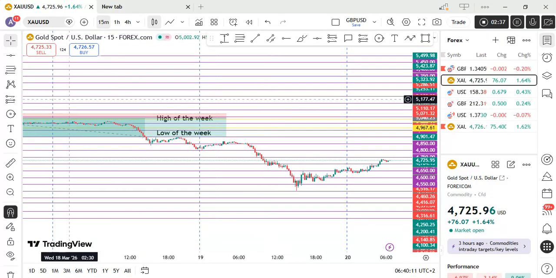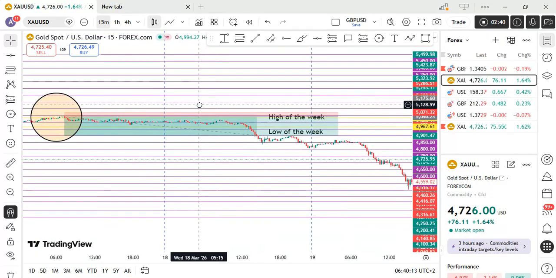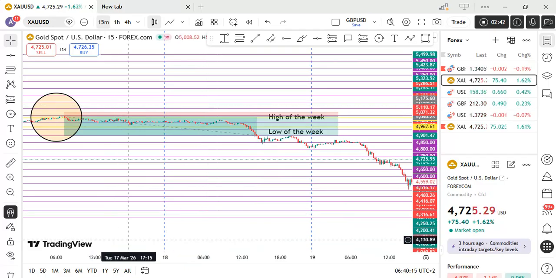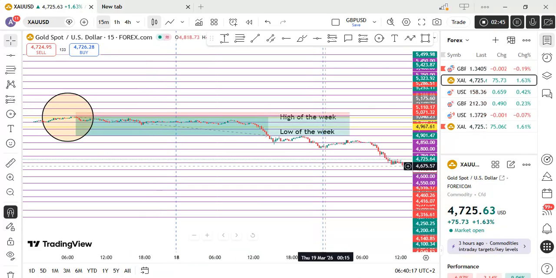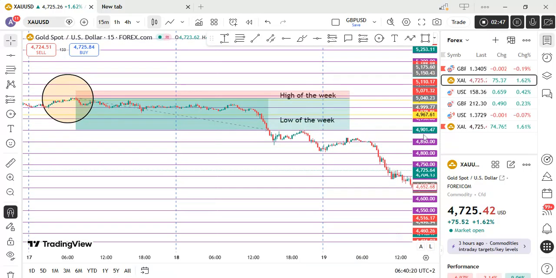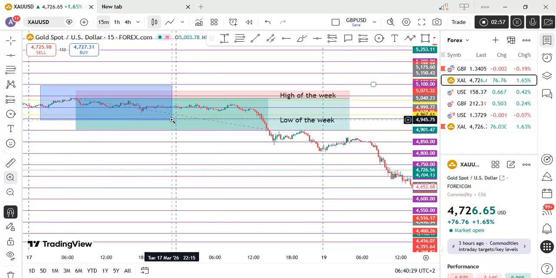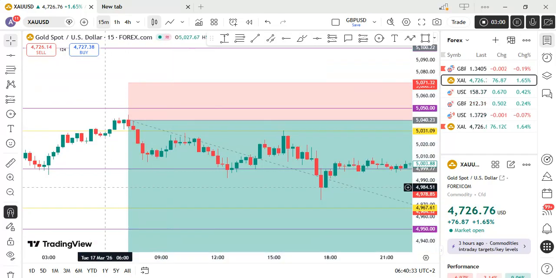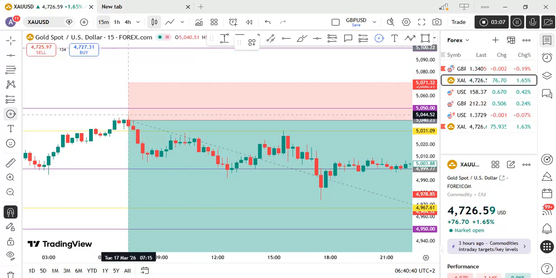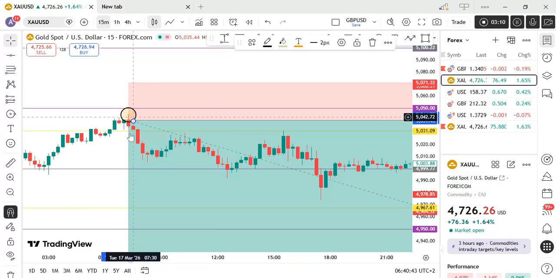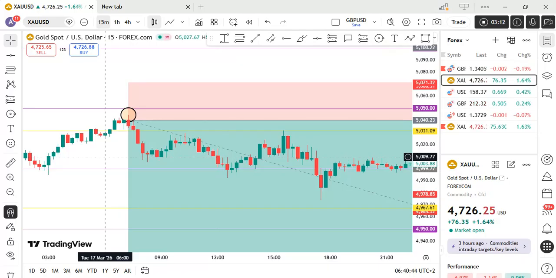From the 15 minutes, we noticed the MO pattern being formed, which gave us a confirmation to go in for a sell. So let's pay attention to this level, which I'm going to highlight quickly. Let me show you when the confirmation happened. I've zoomed in. So definitely this was the second entry position for you to go in for a sell on gold.